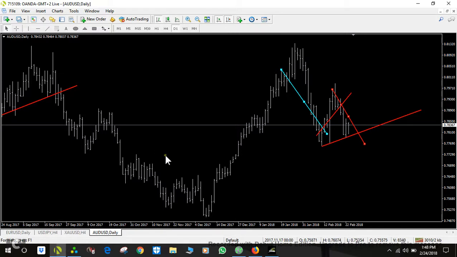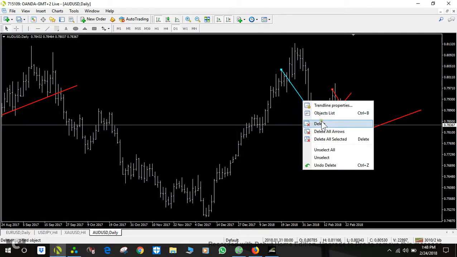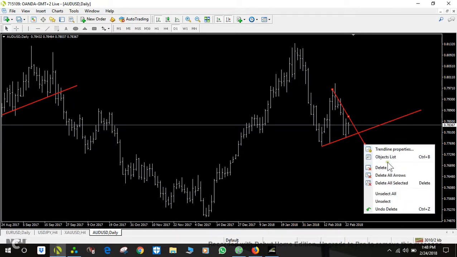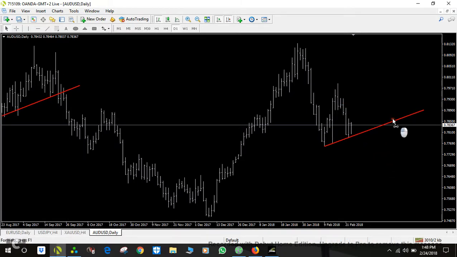This is the Aussie Daily. I do like to stick to the daily, although when we get a little bit of congestion, it doesn't hurt to go to the lower time frame. Of course, if you want to play the lower time frames and sit in front of the goggle box for hours on end, that's okay too. It'll work even on a 1 minute, but you've got to be prepared to put the time in. Whereas with a daily,